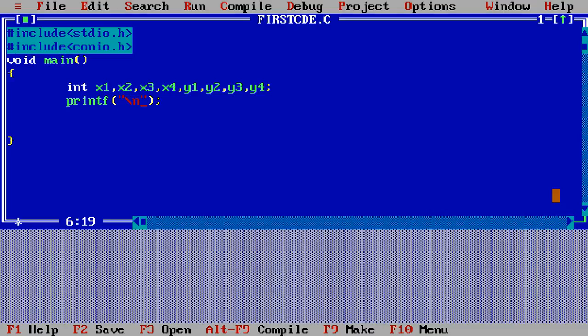\n, and simply write here that this is the demonstration of simple assignment operator, and then \n, I want to change the line, and then again write here the printf